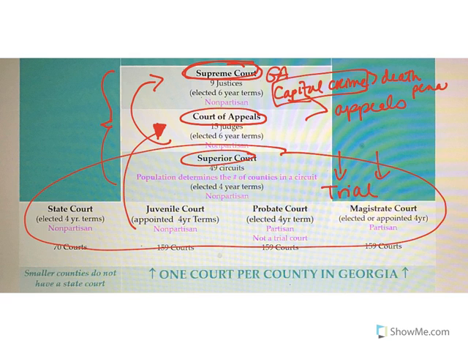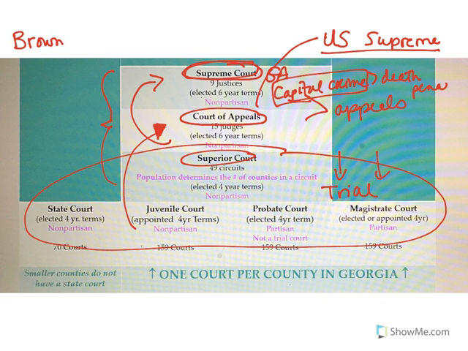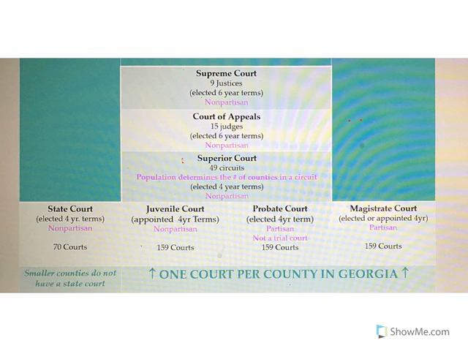If you do not like that result, you can take your case even higher than the Georgia Supreme Court, and you can go to the U.S. Supreme Court. They hear cases that deal with a violation of constitutional rights. If you think about some of the cases we have discussed that were U.S. Supreme Court cases, those would include Brown versus Board, because that would actually affect the entire country, not just the state of Georgia.